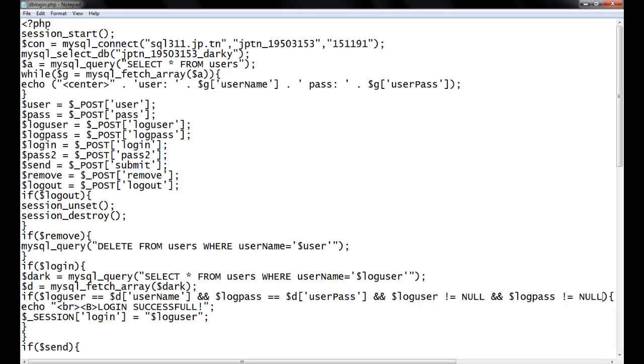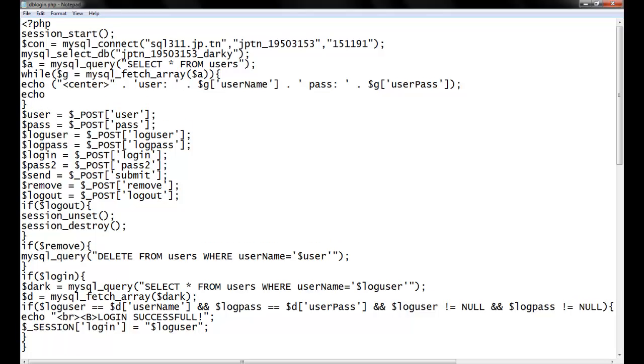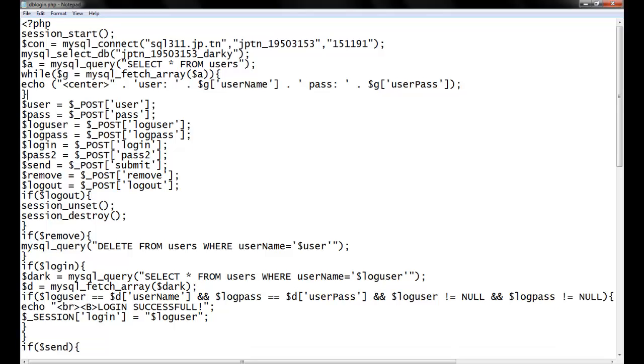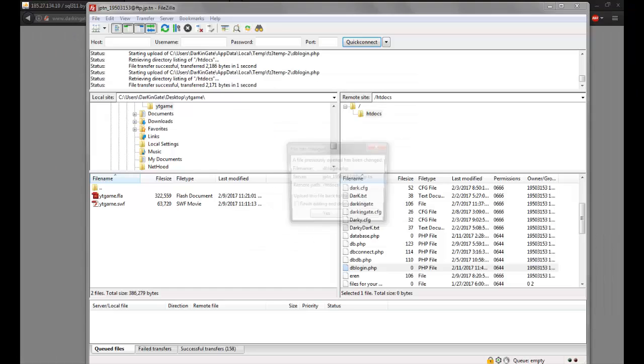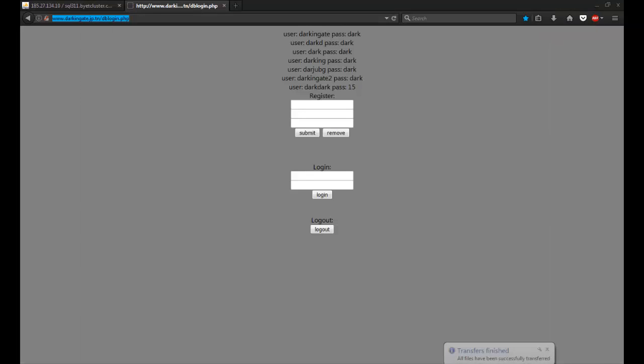Okay, so mysql_fetch_array is going to get everything, and it's going to echo also. No, it's not while. Okay, not that. So basically I'm going to echo those ones. Beer. That means after the